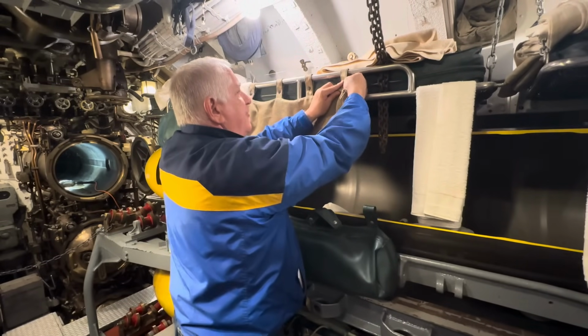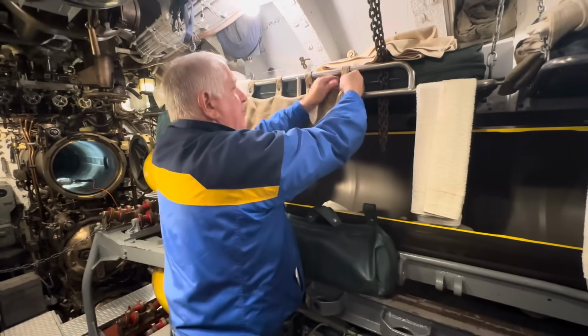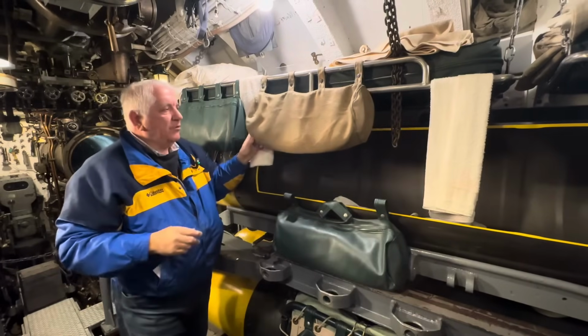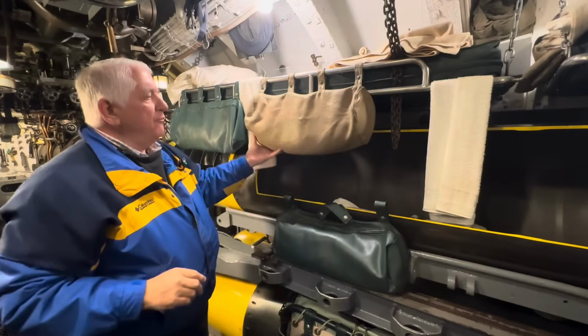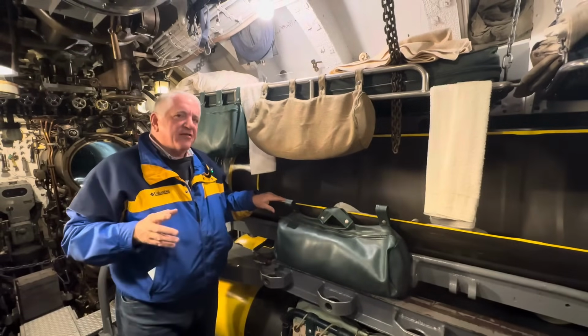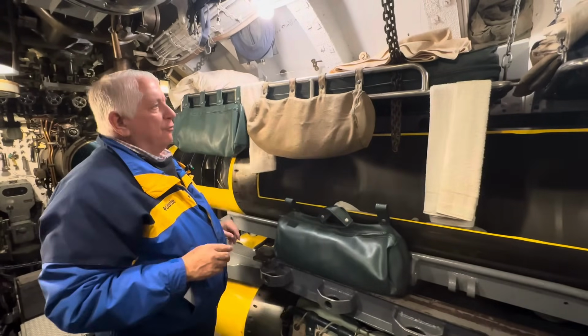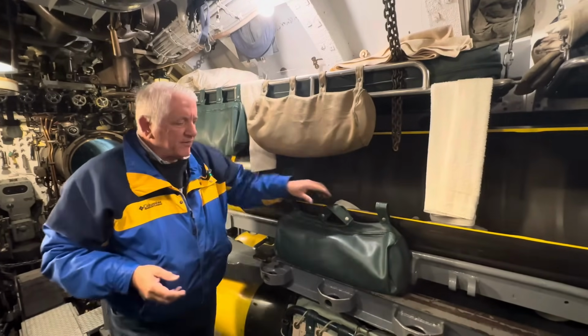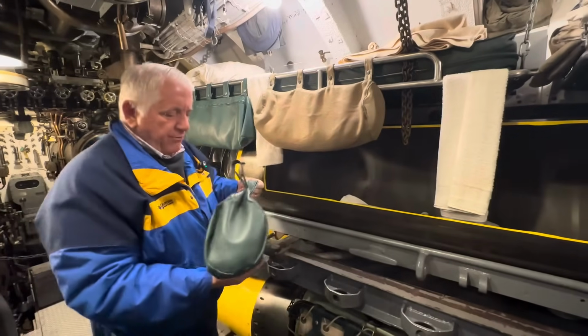And sometimes the guys put their names on them while they were in service. So we have a few tribute bags around the boat. So this is the improved version. And they not only saw service on the fleet sub, but also if you had shore leave, let's say you were going to be away from the boat a few days, the sailors told me that this became your travel